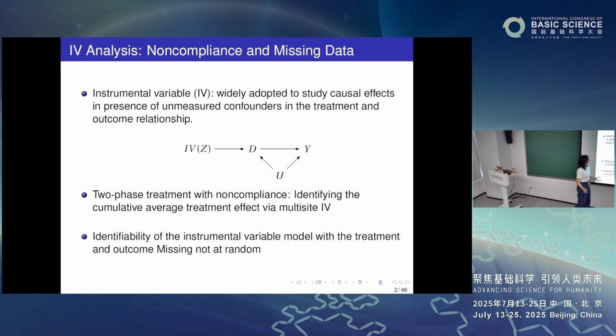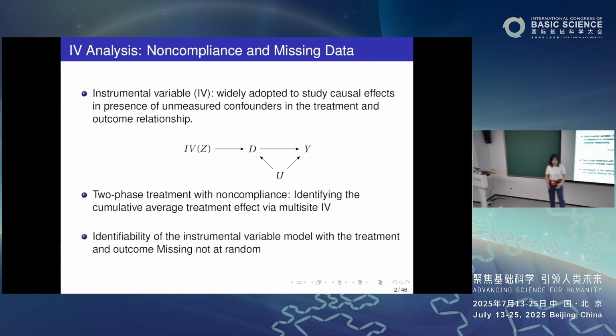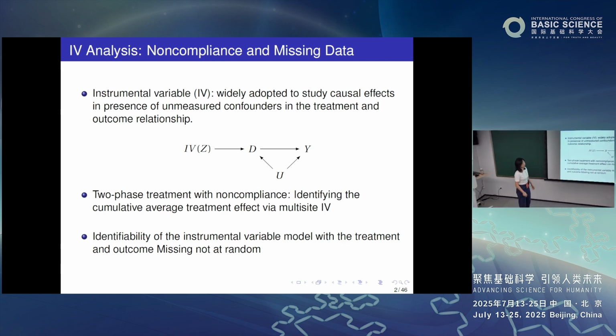People are very worried that there could be some measured and also unmeasured confounders in the relationship between D and Y. Some of the measured confounders, such as your lifestyle, like your diet, whether or not you exercise a lot, gender, are measured and could be controlled. But there are always some unmeasured confounders that you have not measured and therefore cannot fully control for.